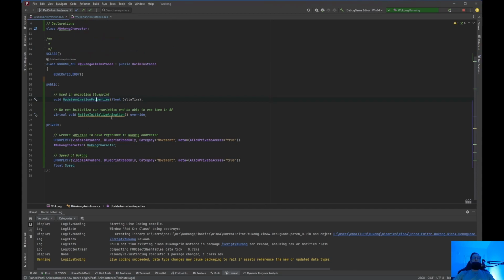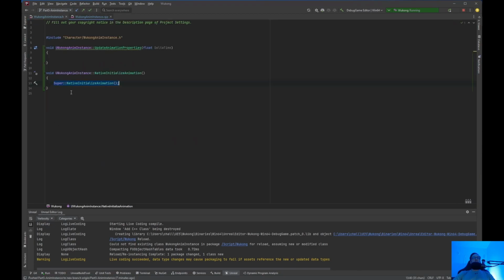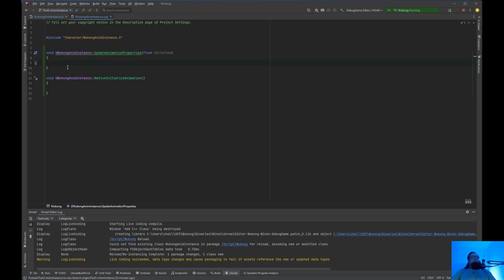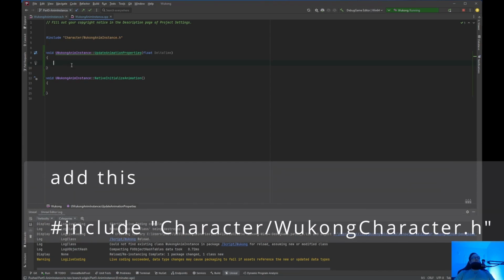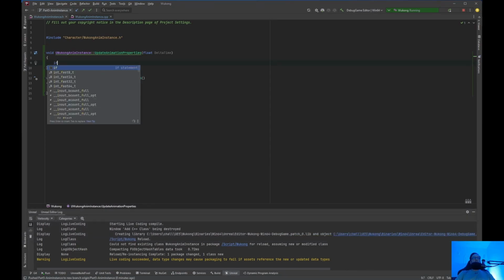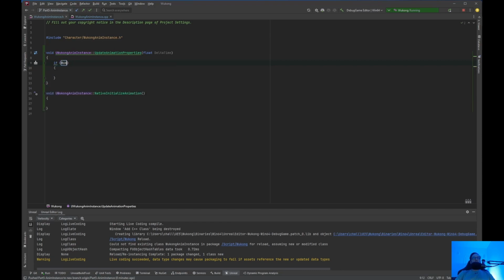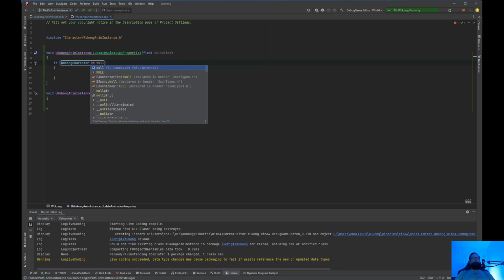Go back to the header. Native initialize. I like how Visual Studio doesn't throw you in here right away, which I guess is good or bad. So, okay, we're in update animation properties. The first thing we need to do is check the Wukong character, make sure it's not null. So we do Wukong character equals null pointer,